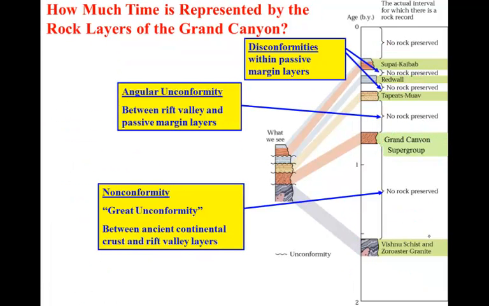But what are the different types of unconformities present in the sequence? Well, schist and granite are igneous and metamorphic rocks. The Grand Canyon Supergroup contains basalt lava, an igneous rock, but it also contains sandstone and shale, sedimentary rocks. So we have a nonconformity present between the schist and granite and then the rock layers belonging to the Grand Canyon Supergroup. That nonconformity, this particular one, is sometimes called the Great Unconformity because it represents a very long period of time, nearly 1 billion years,